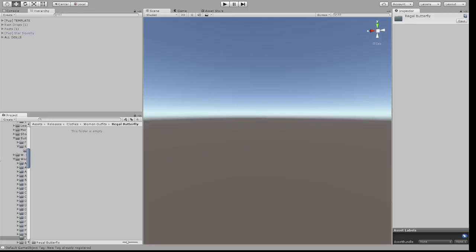Now, before you start, you will need the Build Asset Bundles tool for Unity 5.3.5F from, I believe it's Starlene's clothing tutorial. So you are going to need to familiarize yourself with that. I'm sure if you're at this point you already have. That said, I'm going to now open up